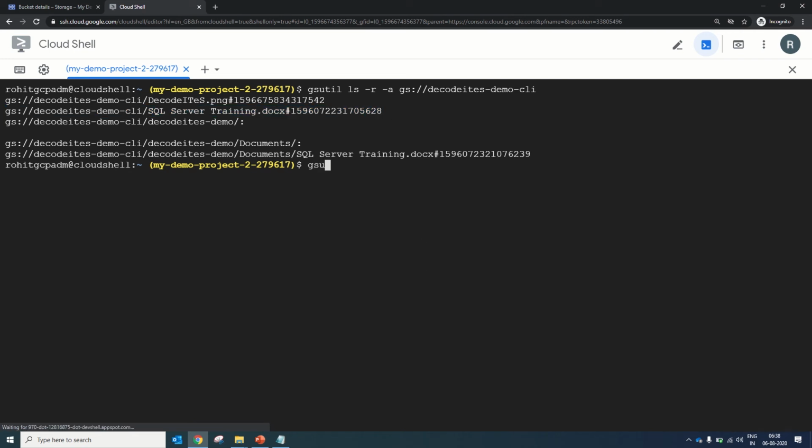Let's run gsutil cp and we will copy it back to the original location only.